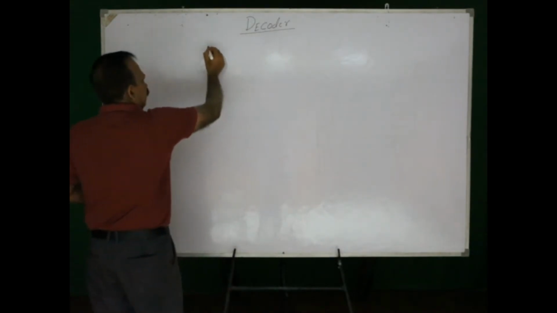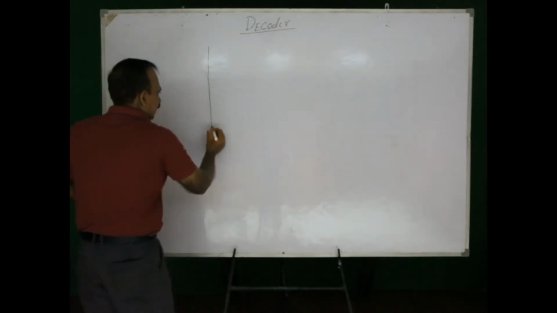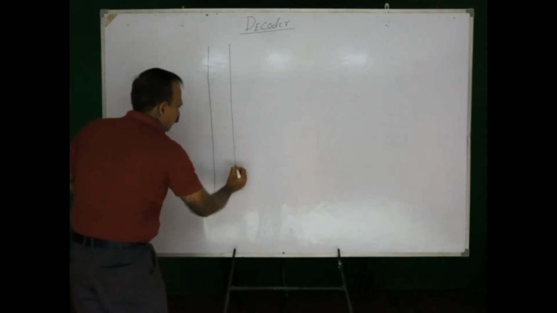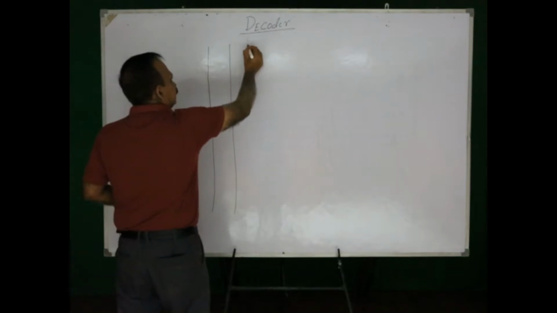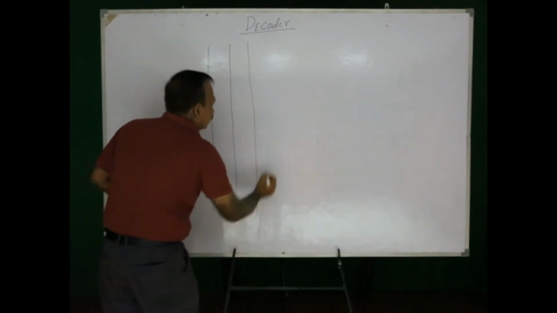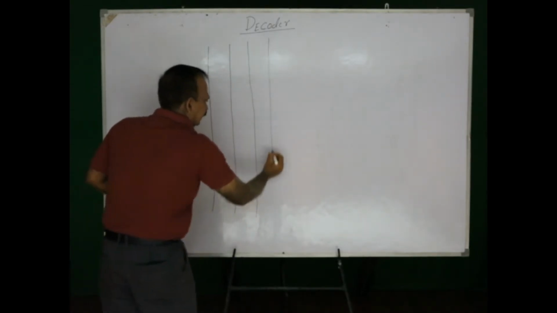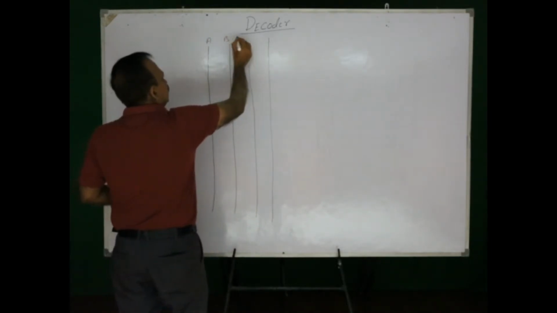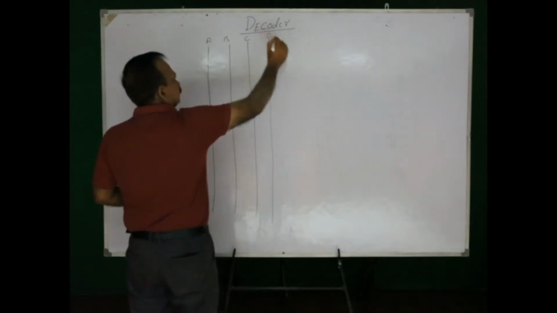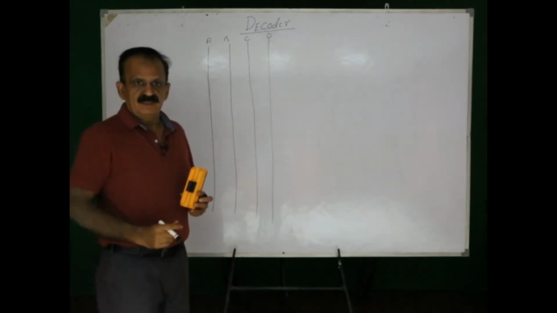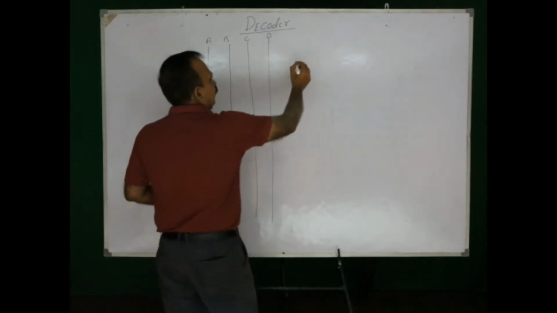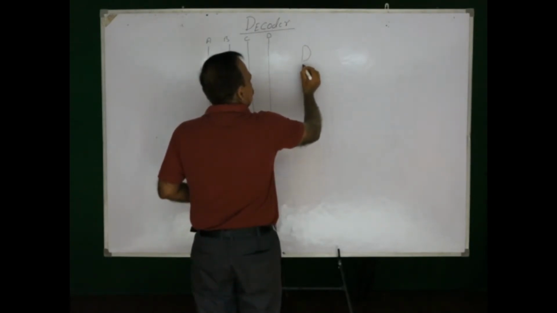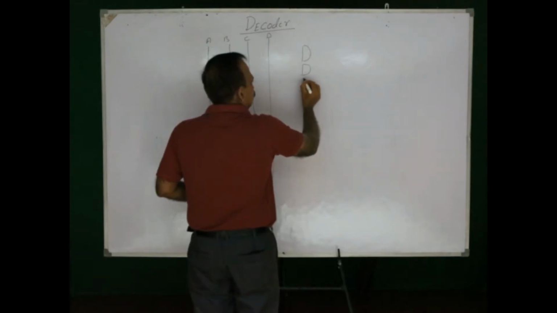Now, let us start with the decoder circuit. We will be having 4 inputs. Let it be, these are the 4 inputs. These inputs will be representing the binary digits. Let it be A, B, C and D, the binary digits, right? And we will be having 10 gates, 10 outputs.